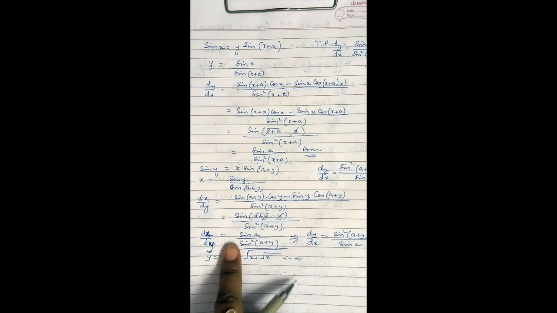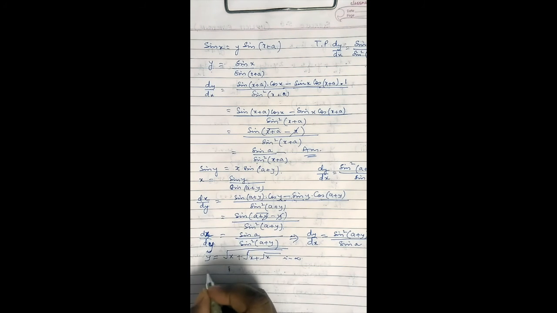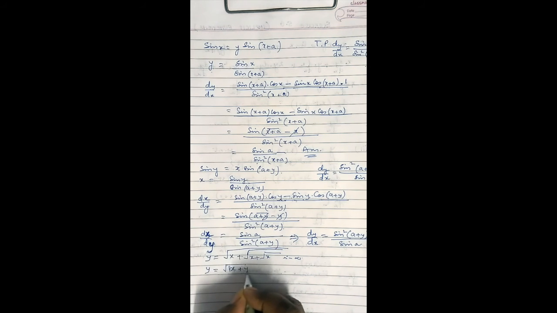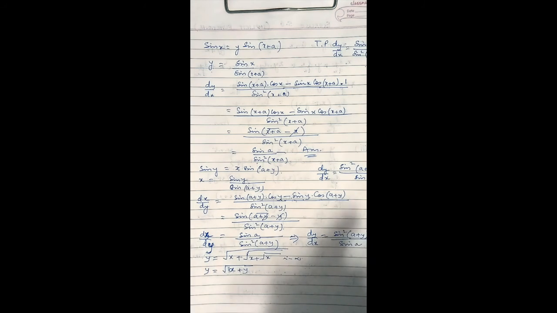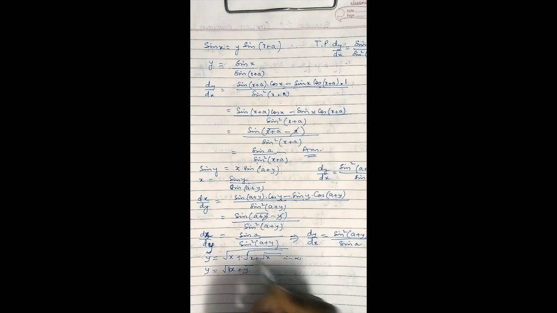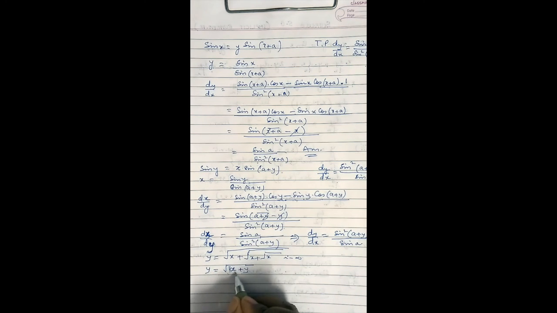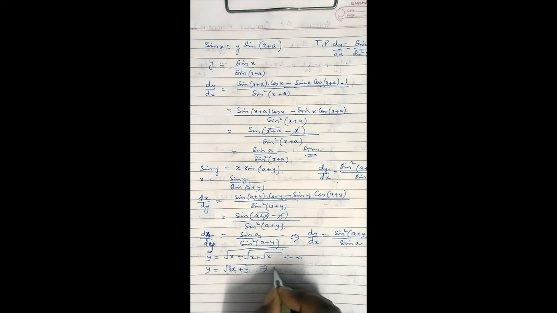Okay, so we say that if we remove one term over here, we can still write it as under root of x plus y. Removal of one term from here does not make any difference. Still the form remains as under root of x plus under root of x and so forth. So therefore I can replace the rest of it as y again. So now what do I get? y is equal to under root of x plus y over here. And now you can differentiate. I can write further y square equals x plus y.